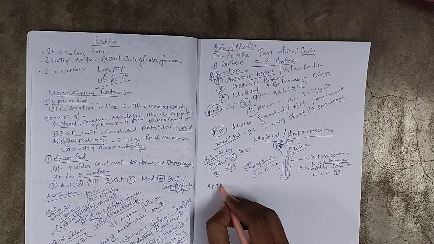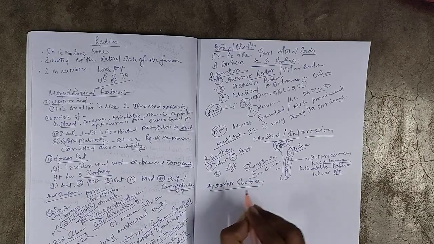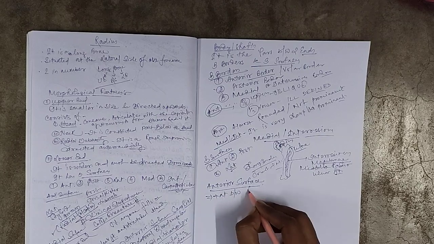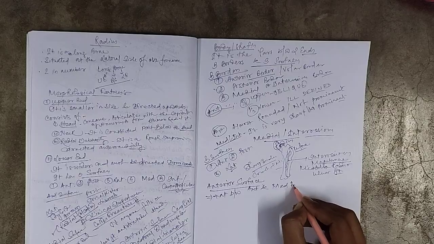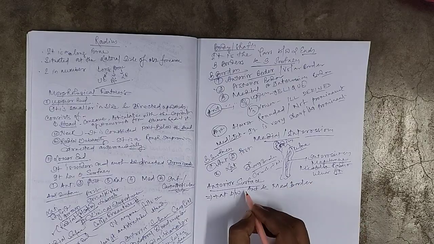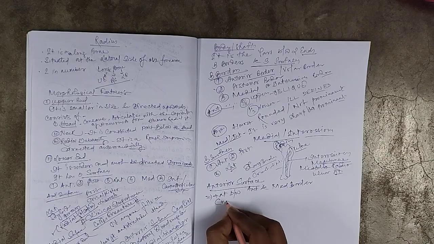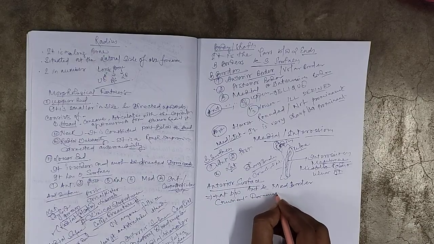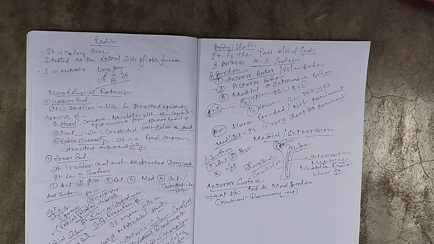So anterior surface is present between anterior and medial border. In this surface, the nutrient foramen is present,